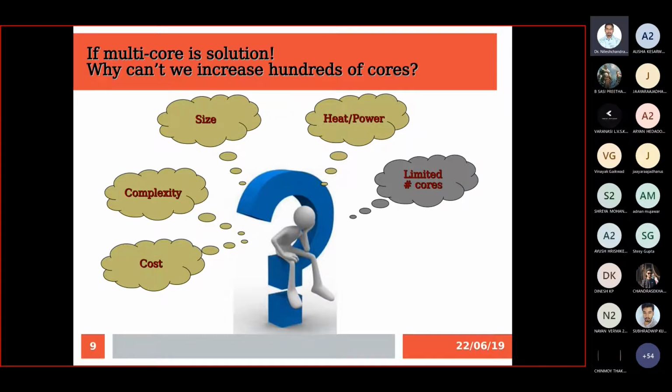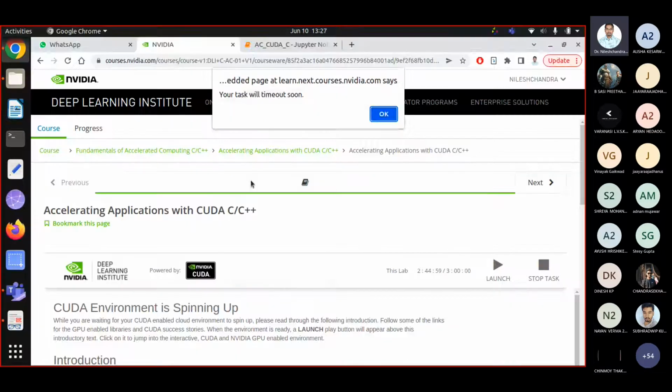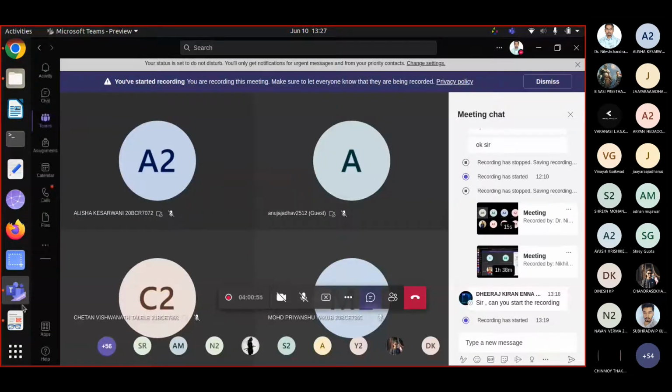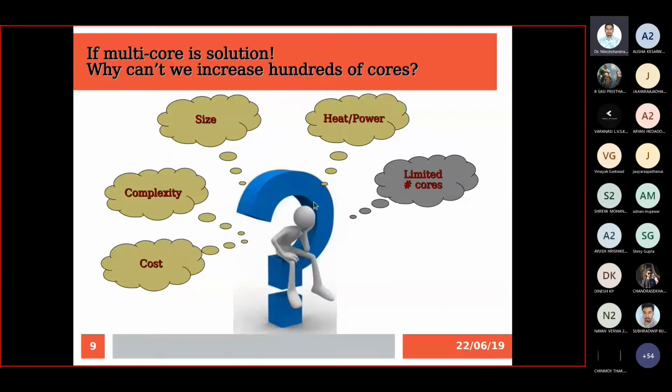It is not possible. Same thing: if I have two cores, I can expect performance 2 times better. Ideally, if I have four cores, I expect performance 4 times better. Likewise, with n cores, I can expect n times performance. I'm telling about ideal expectation.